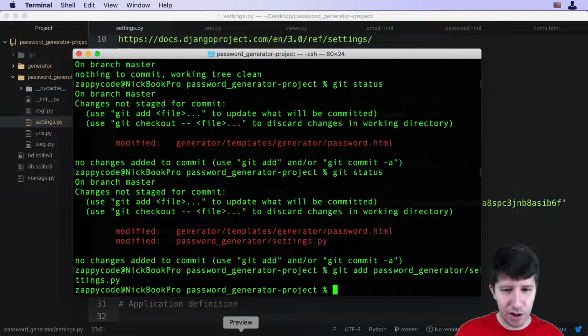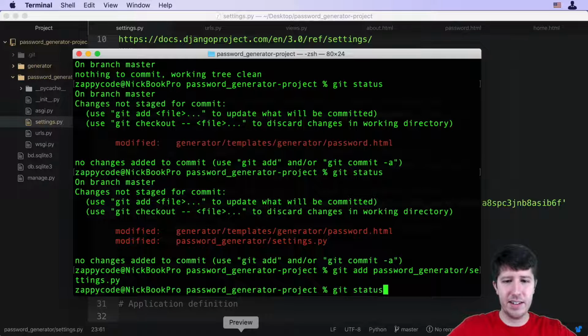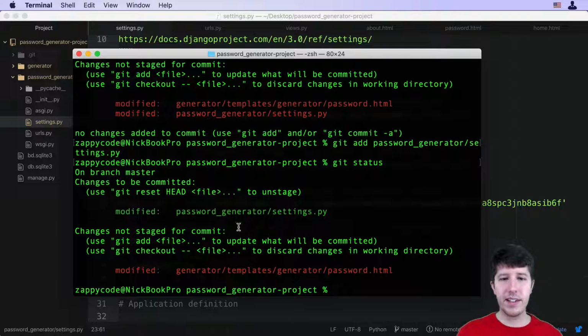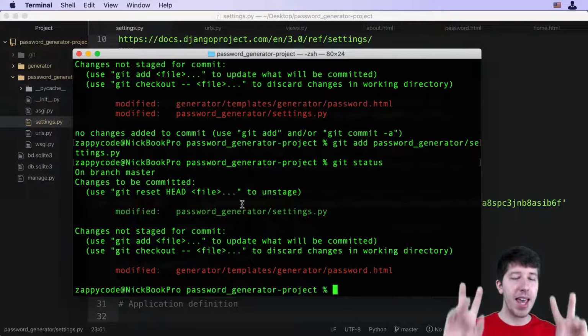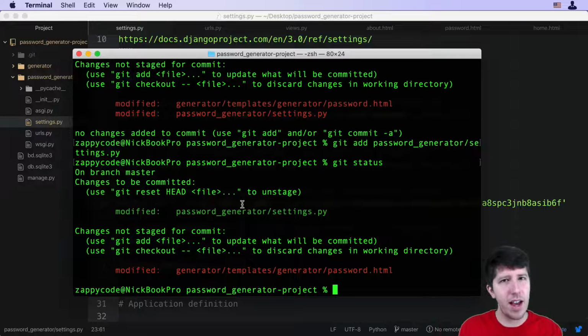And if I go ahead and hit enter on this and now do a git status, okay, you'll notice that one of these things has been staged and the other one is not, meaning if I did a commit, only the changes for this file is going to be added to that commit. So if you want to do that, you can, but